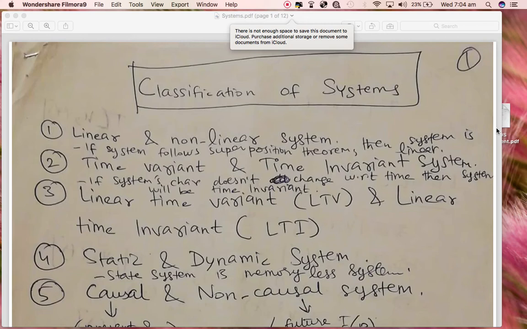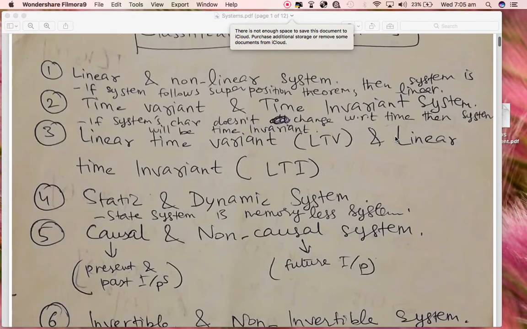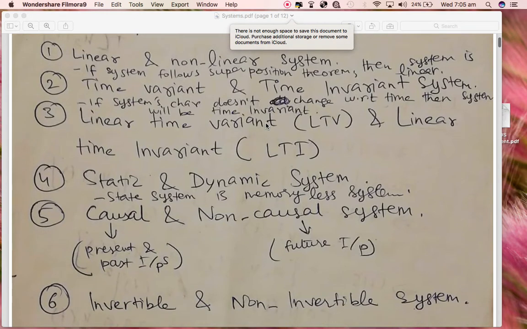Hi, in this lecture I will be focusing on the classifications of systems, and there are different kinds of properties of the systems. Either it can be a linear or non-linear system, obeying superposition or not obeying the superposition theorem. It can be a time variant or time invariant system, and a linear time invariant and